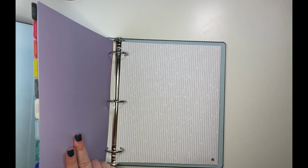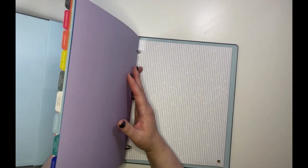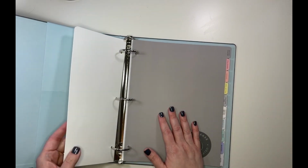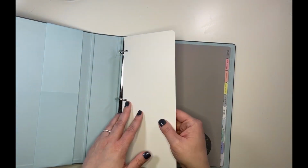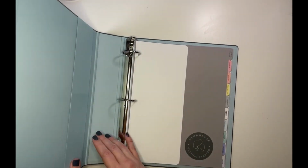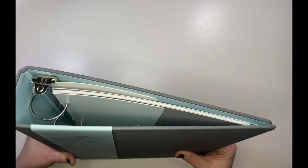The binder itself is $32. It comes with everything that I just showed you. So it will come with all of the dividers, which are custom made, the protectors, the folder, all of it. And it is a chunky boy. This is several years worth of Club Moxie stuff that can fit in here. I think it's like a 2-inch binder,